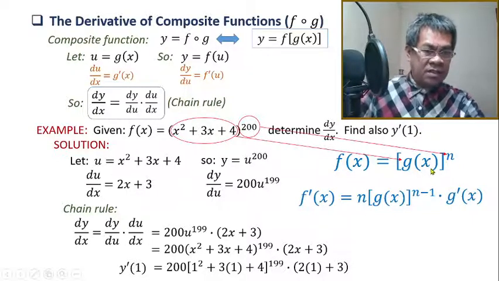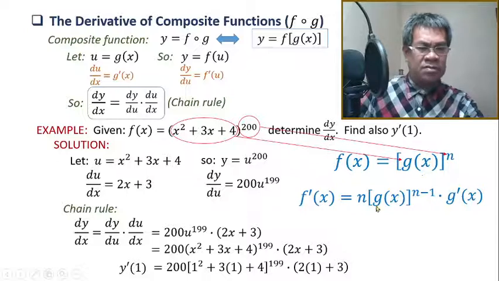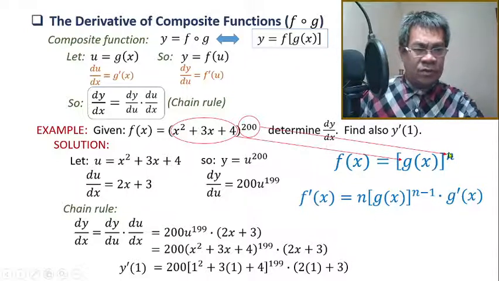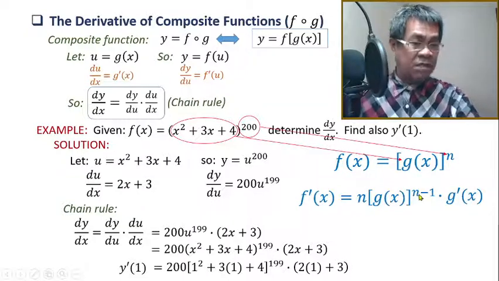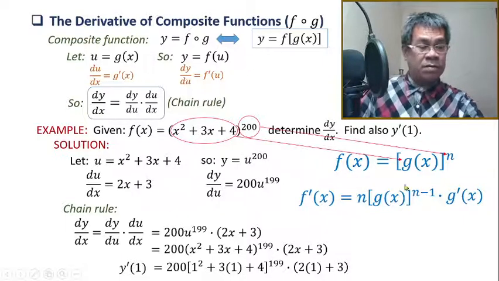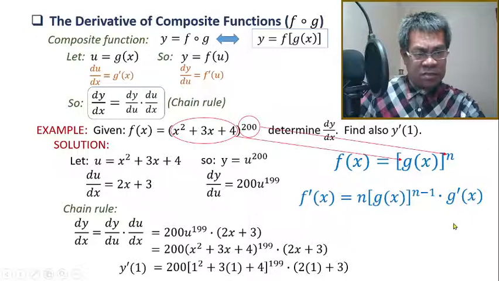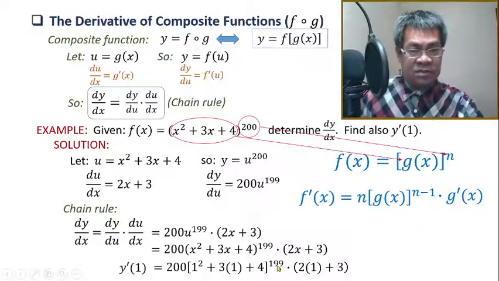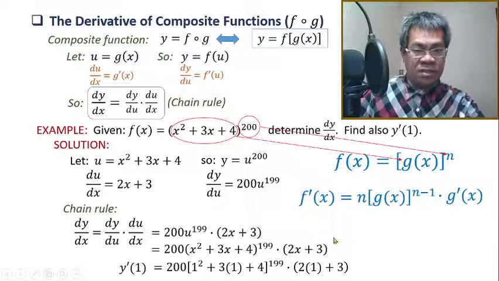Okay, so again, if we encounter this kind of problem which has an exponent of n and any function inside, then go for this strategy. You have to think of a power rule, okay? Just a power rule. Now, whatever is inside the grouping symbol must be copied, but the exponent will be subtracted by 1. Do not stop at that point because this is the power rule only, so it is incomplete. Now, in order to have a complete answer, you have to take the derivative of this. So take the derivative of this function, then multiply it here, and that's the answer. So when you look at this one, these are patterned to the answer that we are presented.